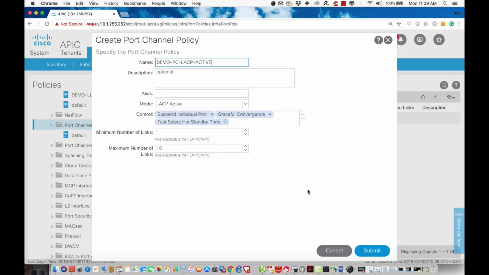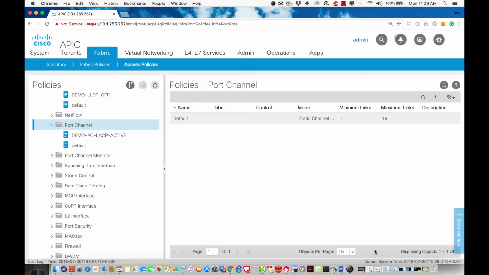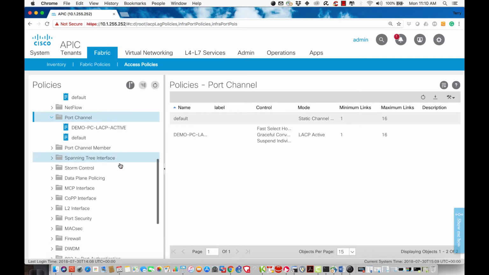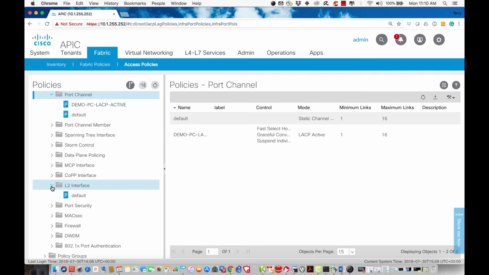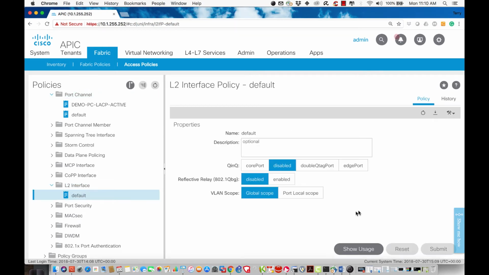We'll go ahead and leave all of the default settings in here, and again just giving you the illustration of how we would configure policy. We have lots of policies. I have layer 2 policies. Under the layer 2 policies we can see whether or not we're going to